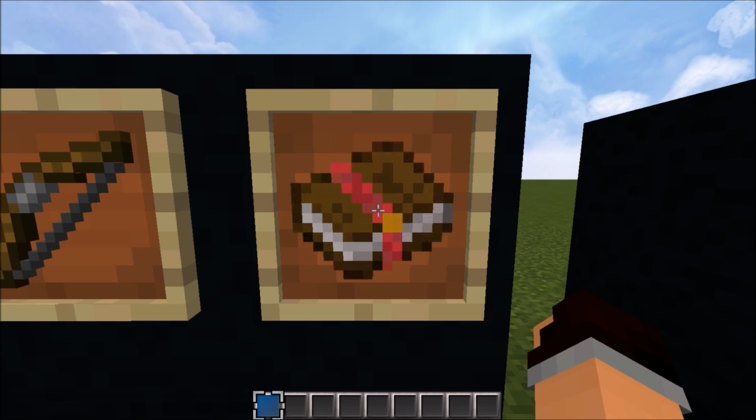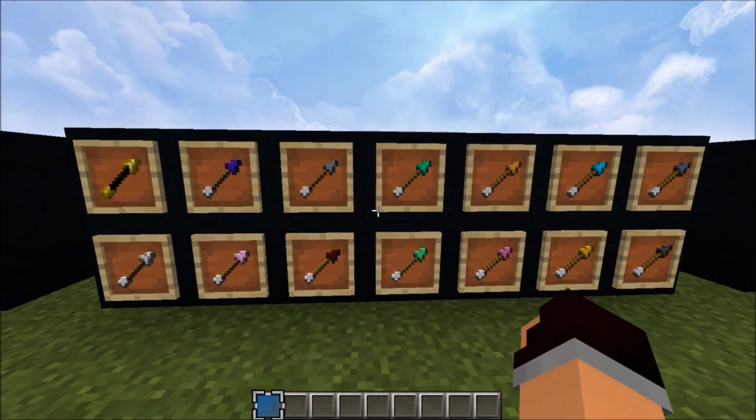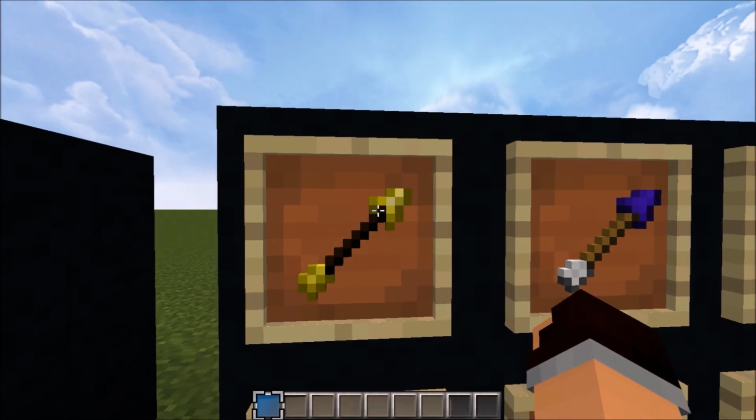It's just red now, and it's much nicer on the eyes. Makes sense. Arrows have all been completely overhauled. The spectral arrow has a black shaft and...